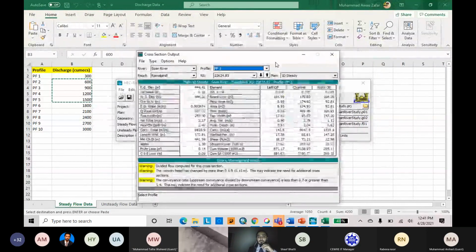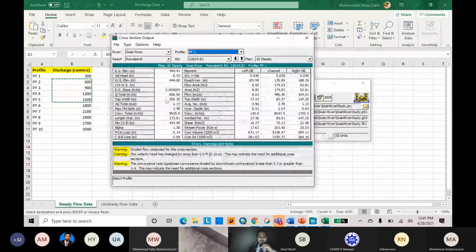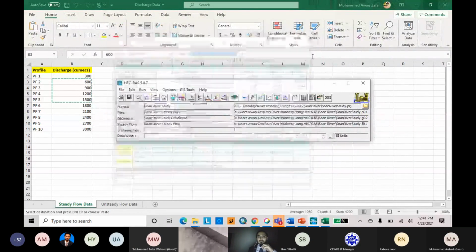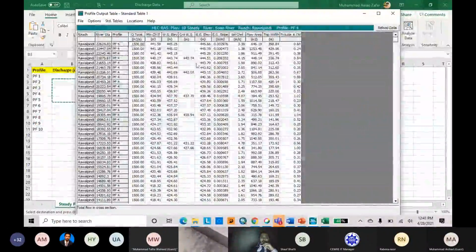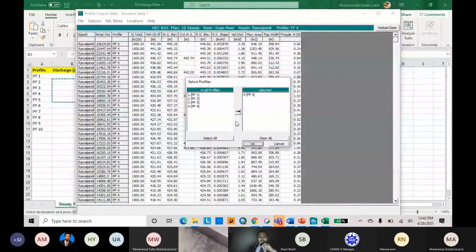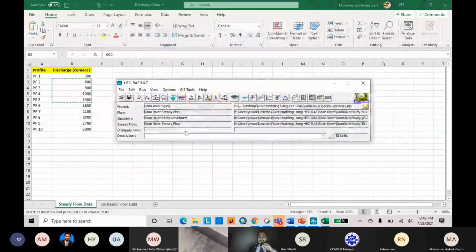These are the outputs against PF1 in tabular form, and here is the summary of your cross section against PF1, but here it shows PF4. You can collect against every PF. These are the flow simulations of the HEC-RAS 1D model.